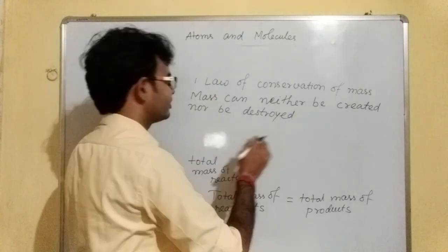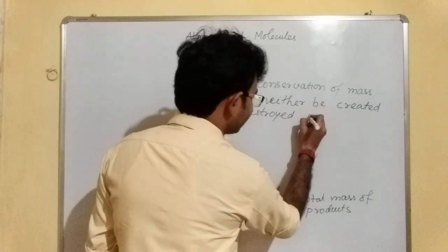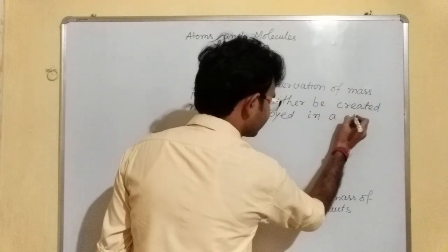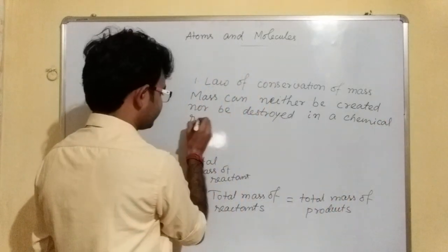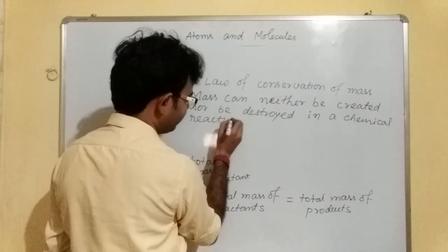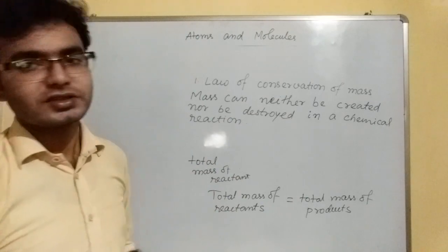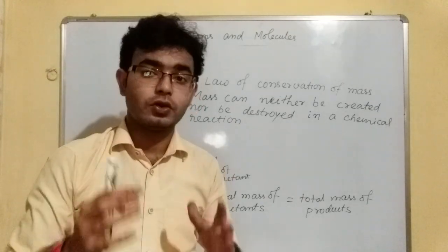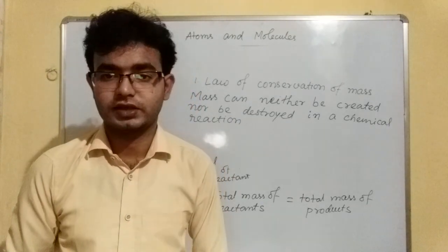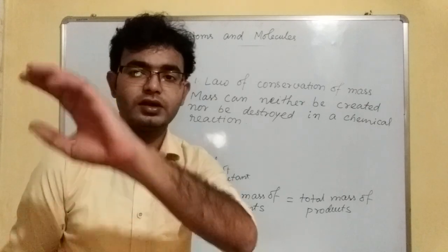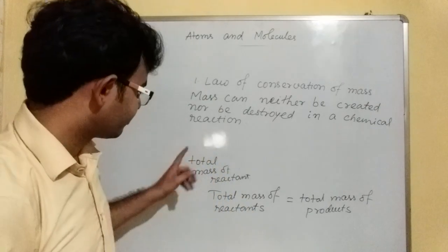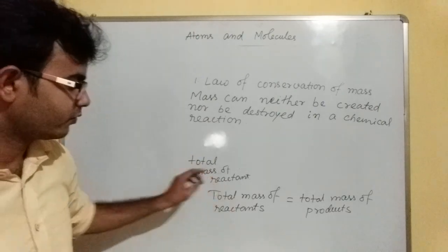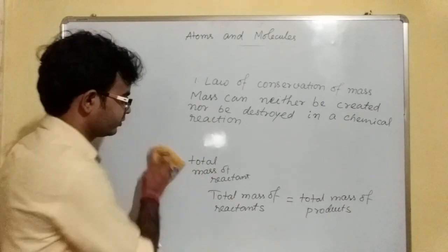Mass can neither be created nor be destroyed in a chemical reaction. In a chemical reaction. It means mass can neither be created nor be destroyed in a chemical reaction. Mass reaction में create भी नहीं होता है ना destroy होता है. It means that the total mass of reactant, तो उसके बाद हम लोग लिखेंगे